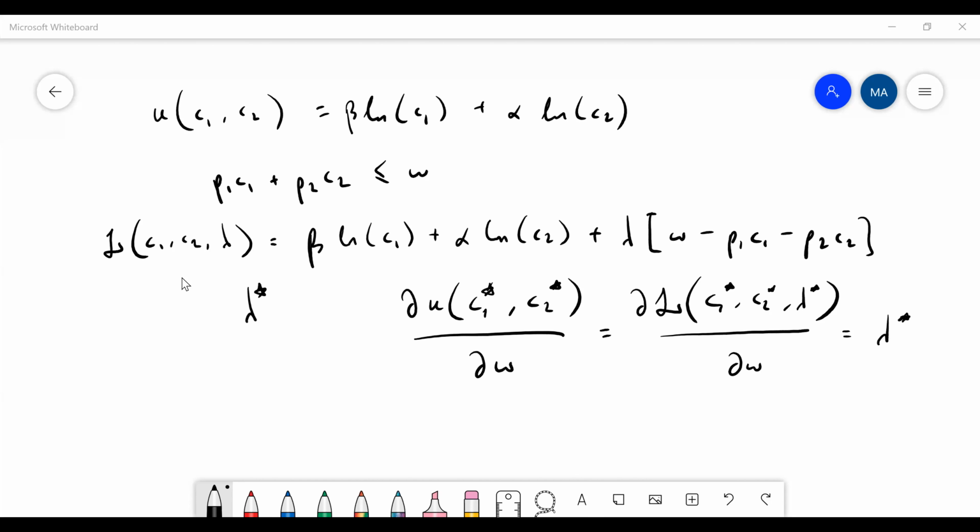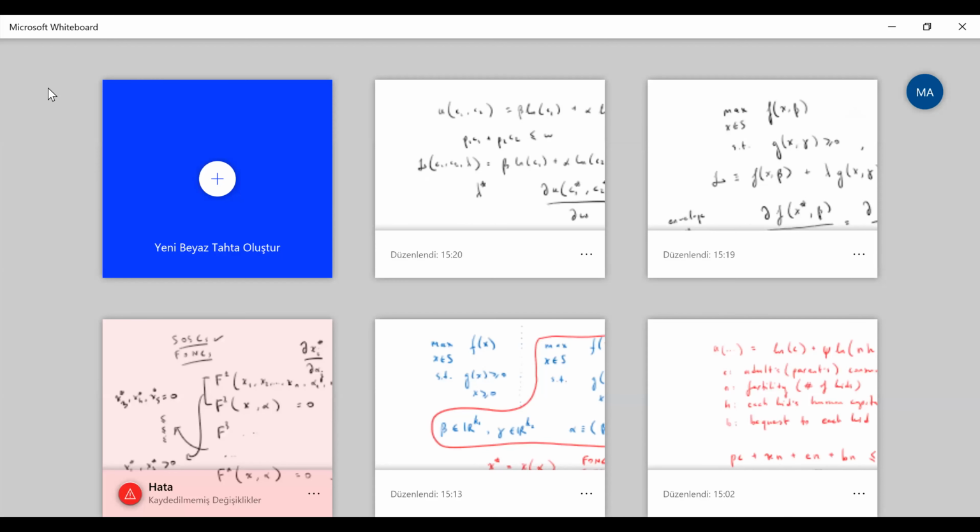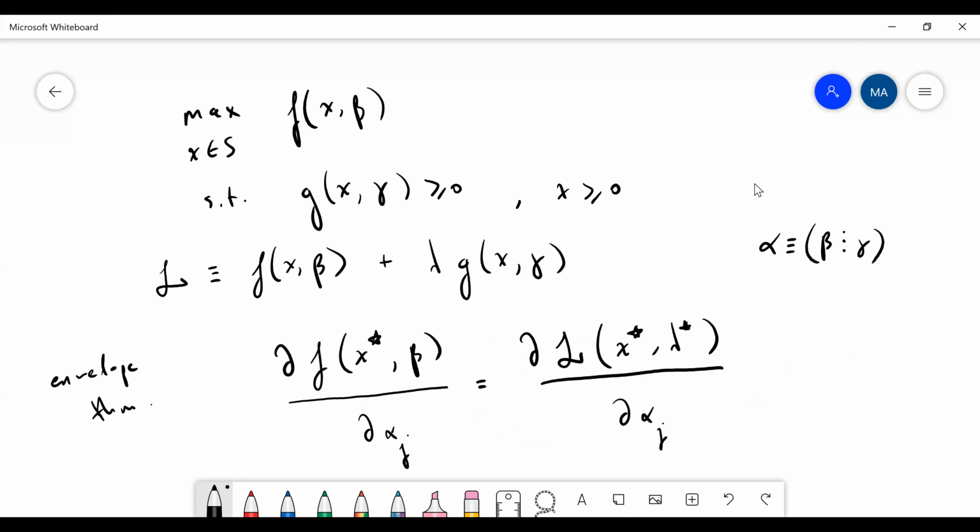Okay. So let me go one slide back. So sometimes, I mean, not sometimes, most of the time, we are interested in things like that. Okay? This is why we basically create models, right? Or things like that. So we want to understand the signs and the magnitudes of these derivatives. Now, envelope theorem tells me that